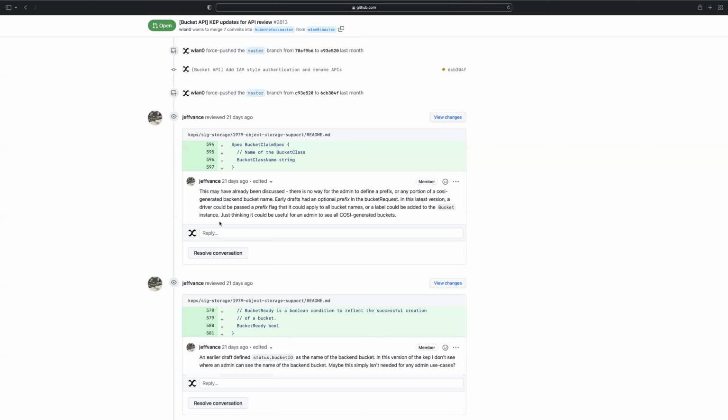So the specific Cozy driver should have access to information that it can then store in whatever vendor specific way it wants to on the bucket itself. And then if you want to do auditing or tracking or cost center analysis, whatever it is you want to do with that information, you have it on the bucket. Right.